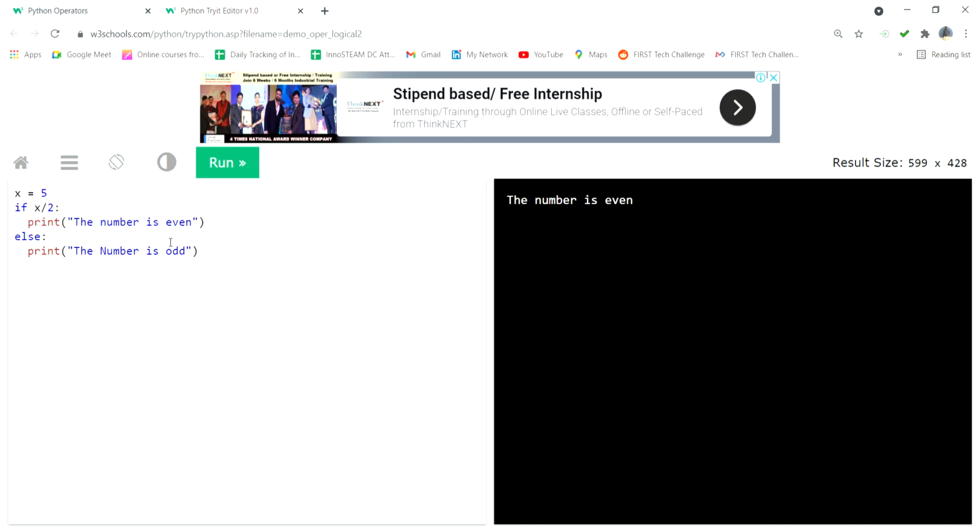So the program for these things, everything is right, because the comma, semicolon, print, else, everything is right, but the condition is wrong, because if I give 5 it is showing it is even. Everybody knows 5 is an odd number, but it is showing even. Something is missing here. So what is the missing part?